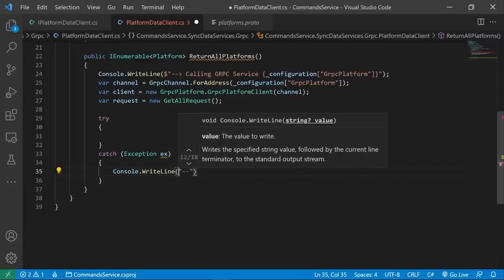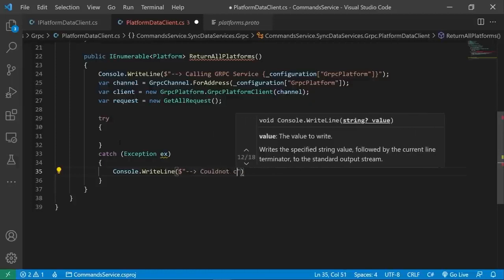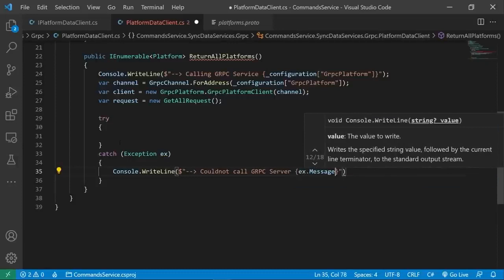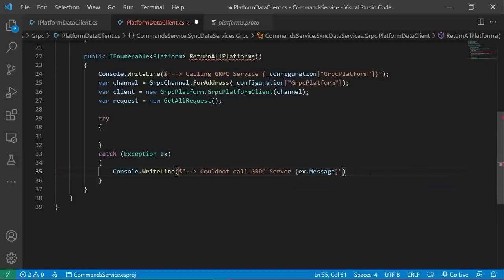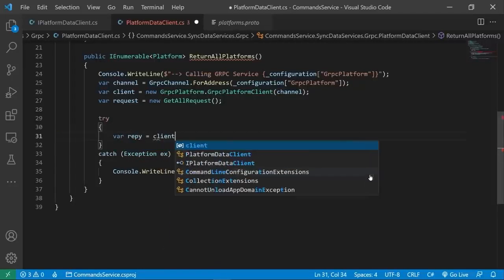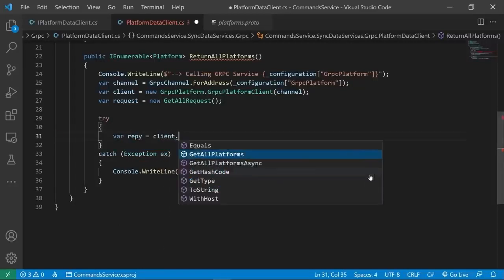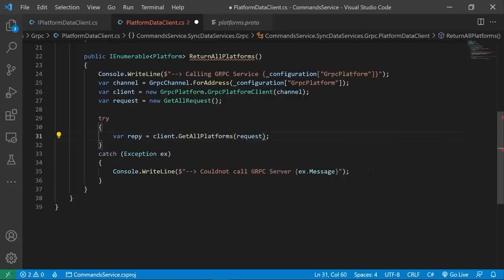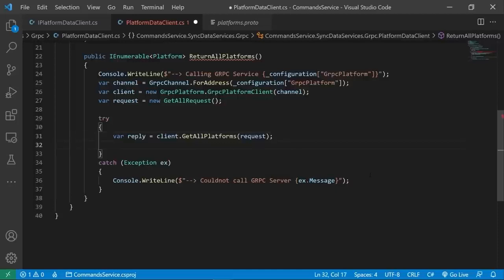I'll make it $sign at front. We'll say could not call gRPC server, and we'll put the exception in here. Right, and semicolon. Then finally within our try block we want to get a reply equal to client get all platforms. And we pass in the dummy request. And I'll just fix that up. Reply. Okay. And then finally we want to return